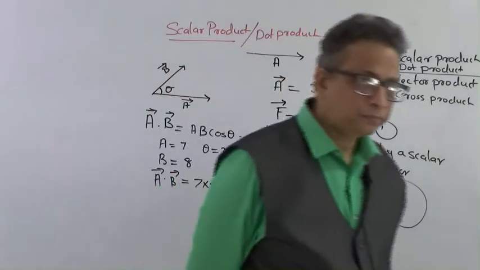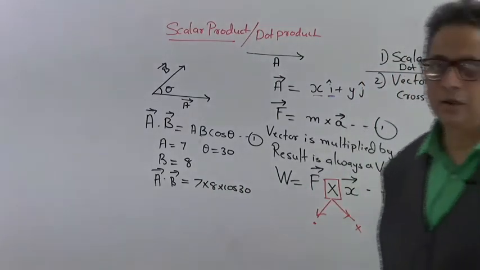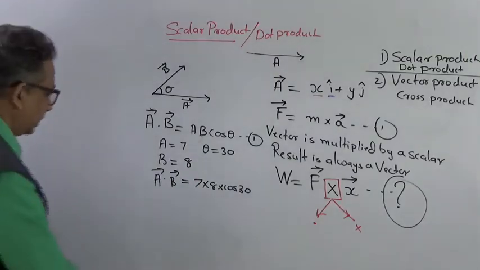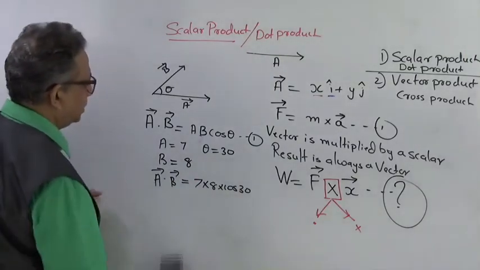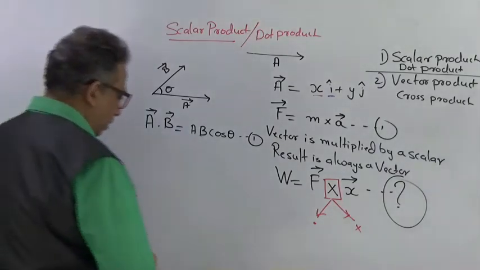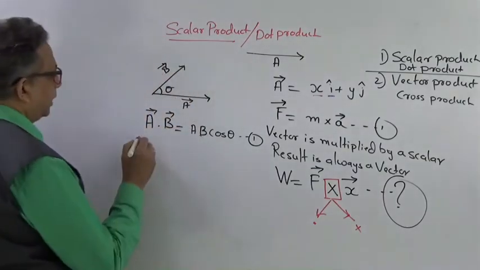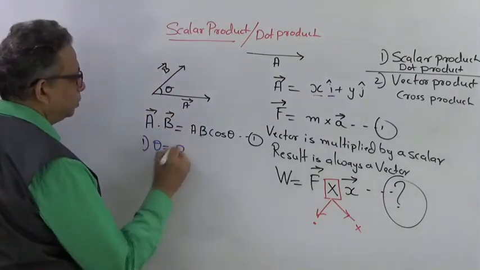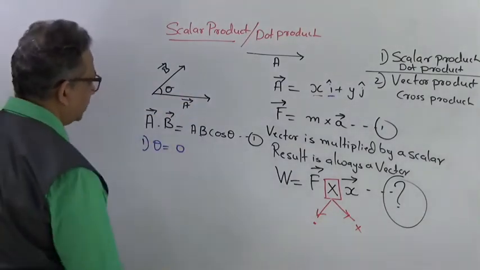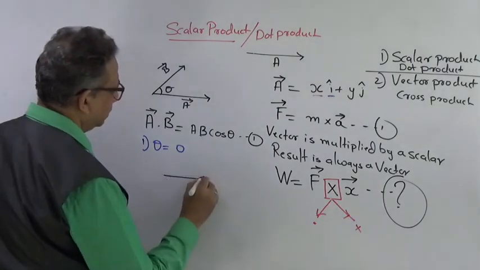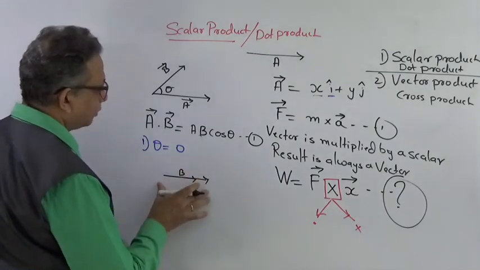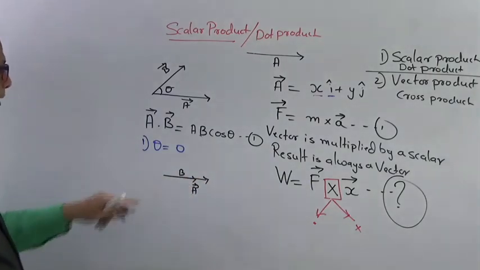Is this clear? Now if it is a dot product of vector A and B, we will be having a few case studies in that. So this example I will just rub off. This was just for you to understand this. Now let us consider a case where angle theta is equal to 0. That means both the vectors are in the same direction. When angle theta is equal to 0, how will this vector be seen? This is vector A and this is vector B. Both of them are in the same direction, so angle theta is 0.